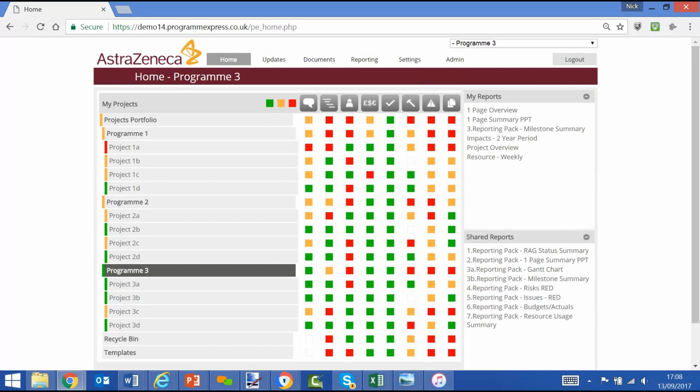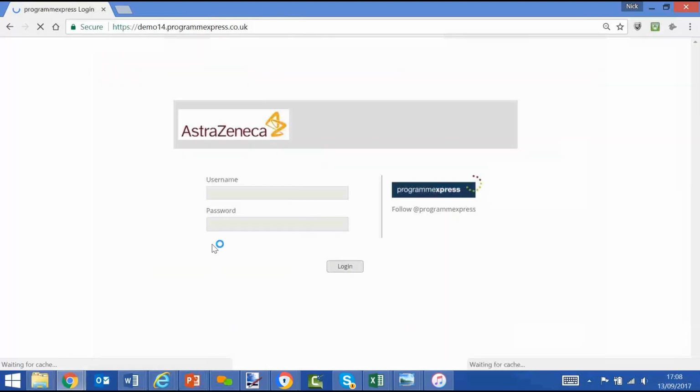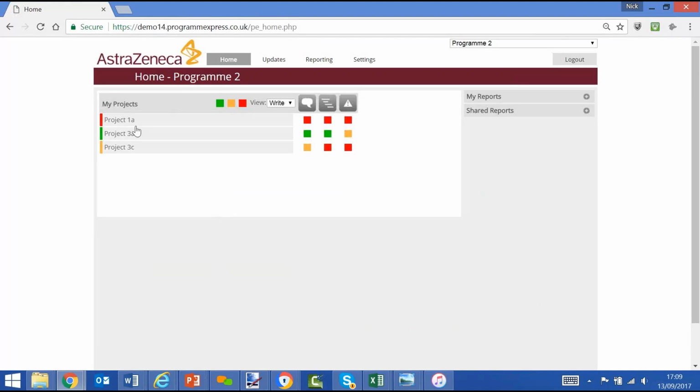In terms of simplicity for the user, what we can now do within ProgrammExpress is filter out roles and projects that aren't required for the user to view. So we have a simpler interface. So if I just log on now as an example user, same home screen, same database. Simpler interface in that it only shows the three projects that they have right access to, that they can edit,